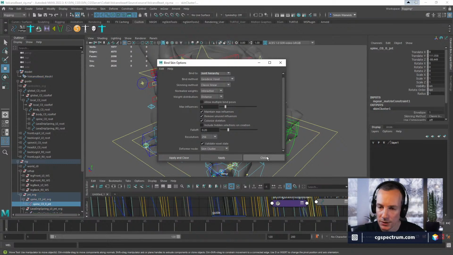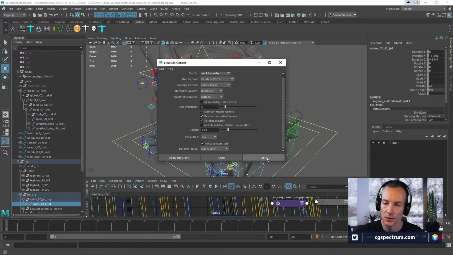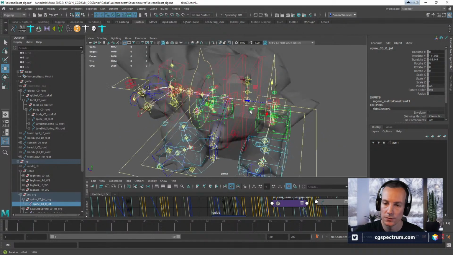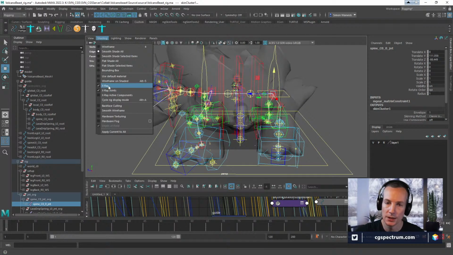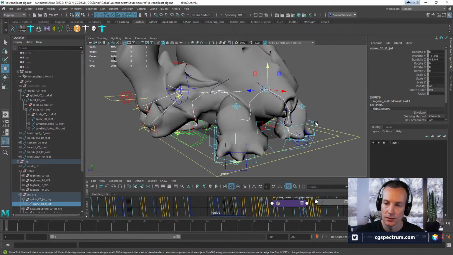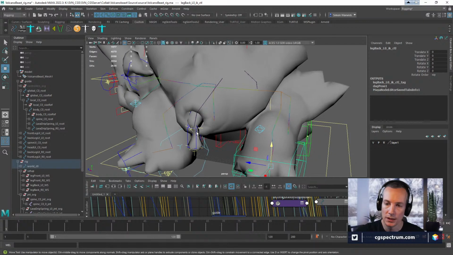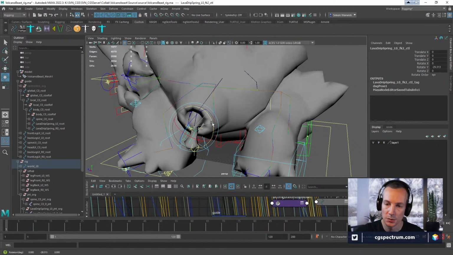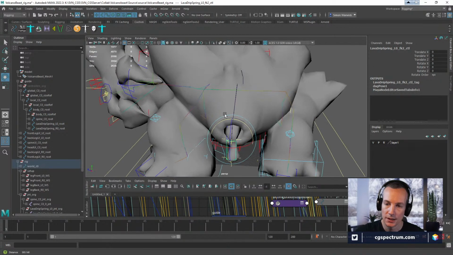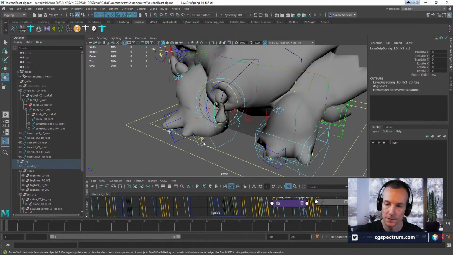There must be a checkbox here for the whole hierarchy or something. What was I missing there? Weird. Okay, so hopefully by doing that, I should be able to manipulate the mesh. Oh, and actually it's working a little better because the spring is taking some of that influence away.